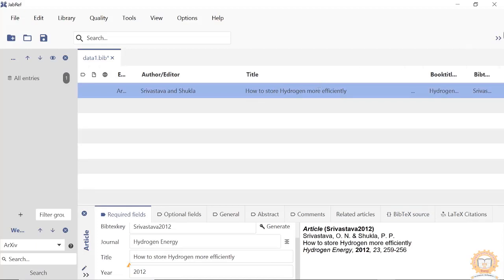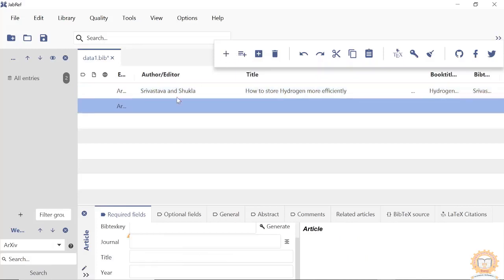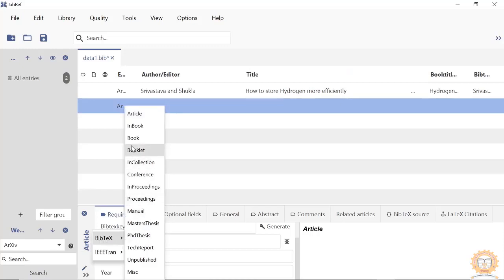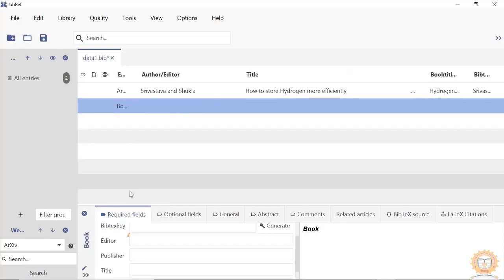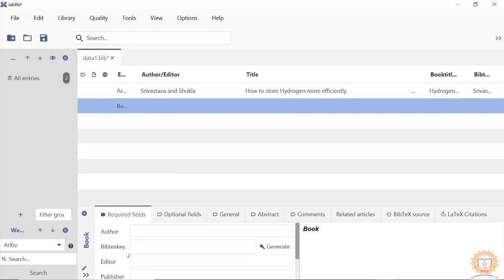So to include another bibliography data, you click on this plus sign again. Okay. So to change this from article to book, click on this one. Okay. And then first the fields will be changed. Author's name. Okay.